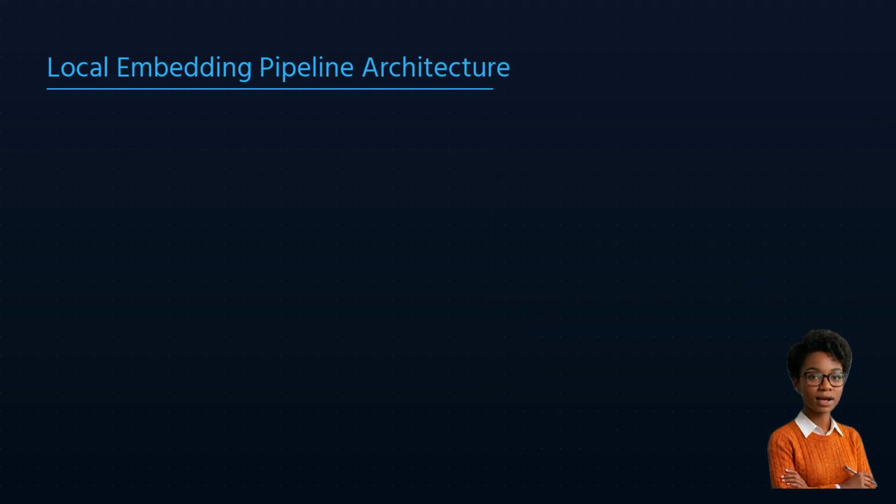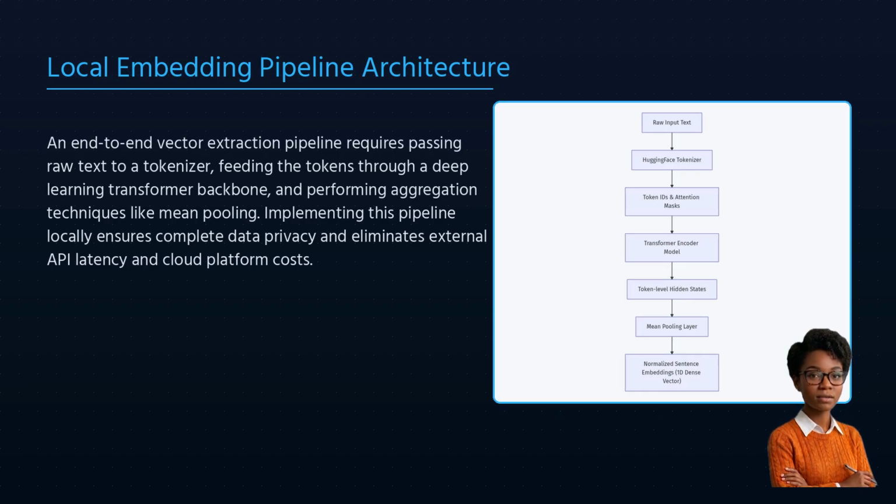Hello everyone, and welcome back to our series. Today, we are deep diving into the practical engineering steps behind generating high-quality vector embeddings right on your local hardware. In production corporate architectures, keeping customer data secure means minimizing external network calls to third-party APIs. By setting up a local HuggingFace or SentenceTransformers pipeline, you achieve complete data sovereignty, customized optimization, and virtually zero network